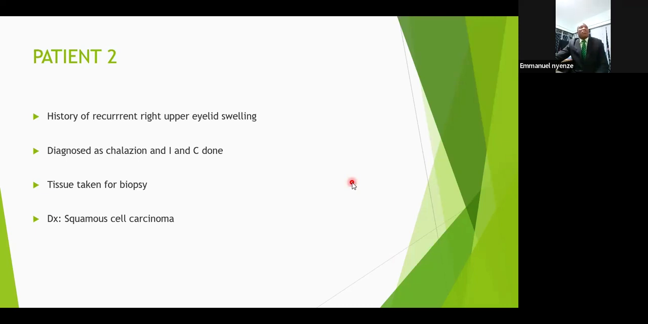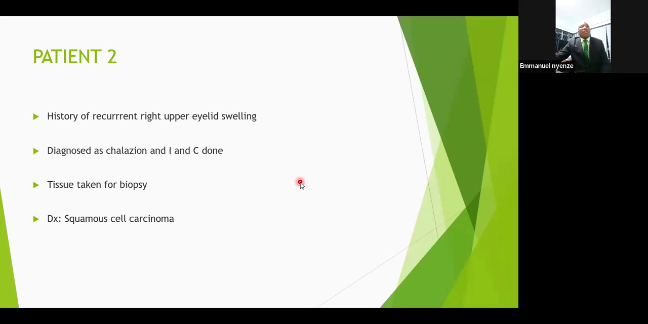This is a patient who came again with a recurrent right upper eyelid swelling. This is after surgery for chalazion was done, incision and curettage. The good thing is that the surgeon for this case realized that this does not look like a proper, real incision and curettage. Remember, when you're doing an incision and curettage,